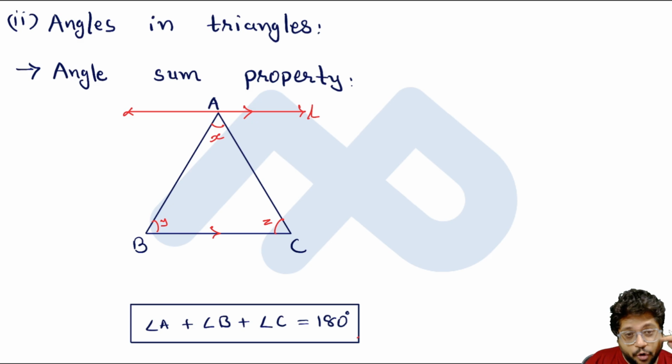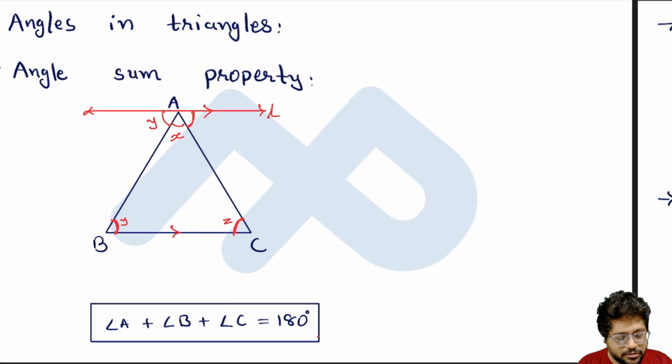Now here I'll use the property of alternate interior angles, which we have seen in the last session, that when two lines are parallel and there is a transversal line, in that case alternate interior angles are equal. So according to that property, you can see that this angle and this angle Y both are alternate interior angles. So I can say that this is equal to that, so this is also Y. Similarly, this angle and this angle Z both are alternate interior angles, so they are also equal,